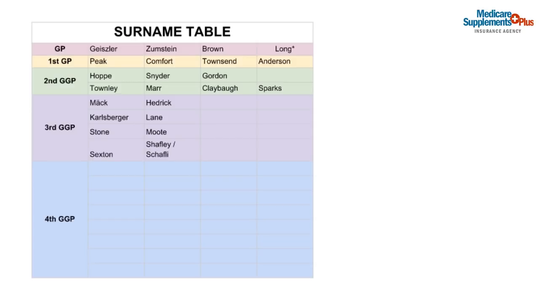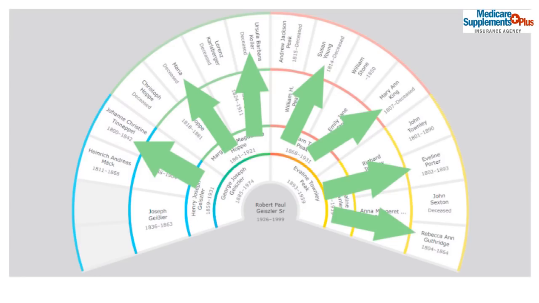Now I'm going to move one more position back on the fan chart, and I will pick up this section of the family. When I get to the Geislers, I can't go back one more generation. I don't know who they are. So now I have a blank. Then I'm going to add Tinople, and then I have Maria, and I don't know what her last name is. Even though I have a first name for Maria, it's going to be blank because I don't know her last name.